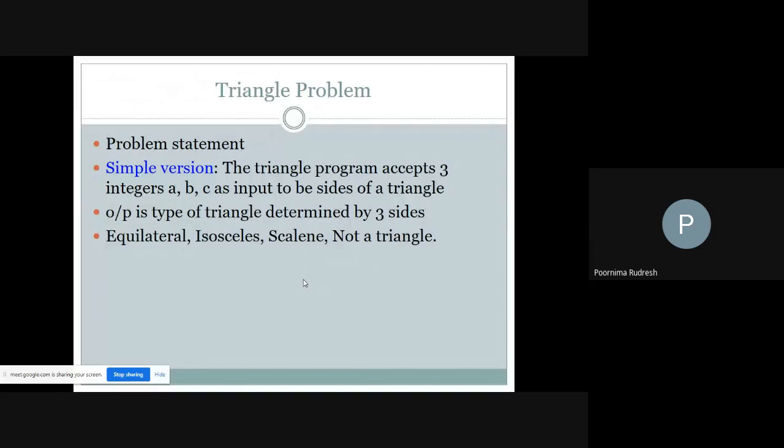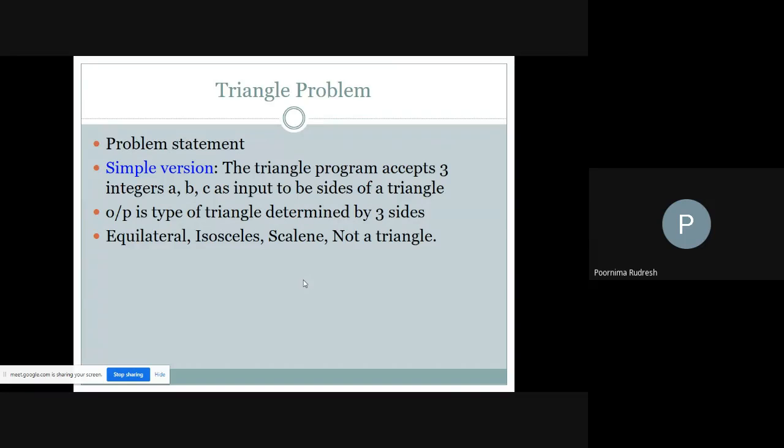So what does the problem say? The triangle problem accepts 3 integers A, B, and C as the input, and these A, B, C represent the sides of a triangle, and the output is the type of the triangle determined by these 3 sides.